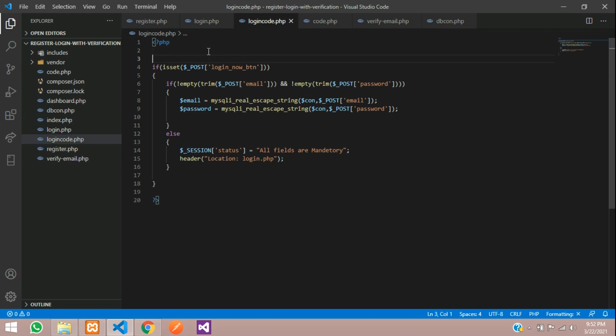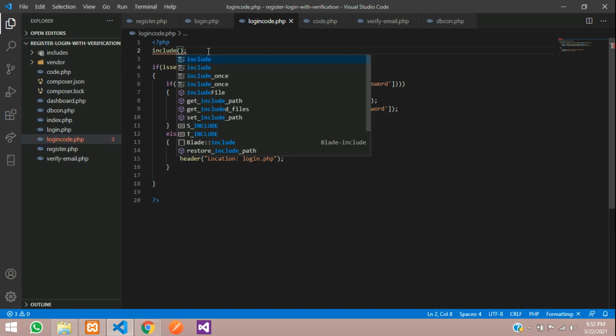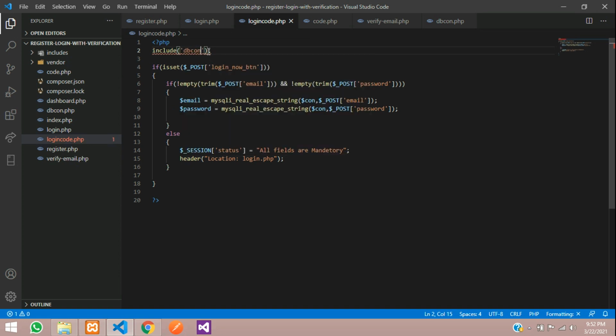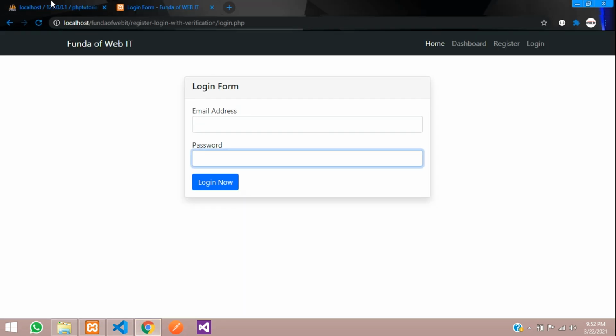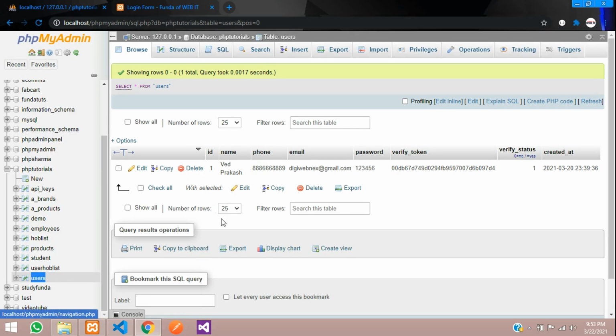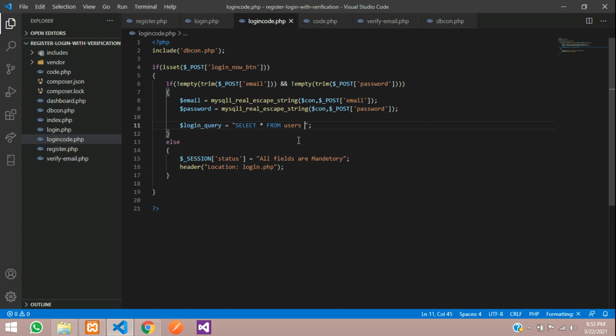login code file. Let's use the include function, include dbcon.php, and now we need to write the code for it. So let's type a query for login. We'll say login query is equal to select star from the users table. My table name, over here you can see, is users, so let's copy that, users, where your column name